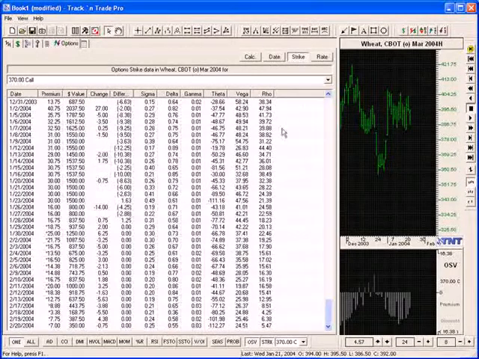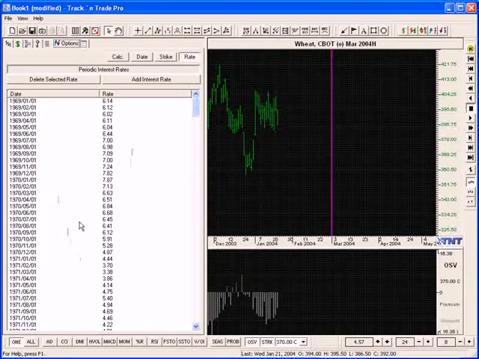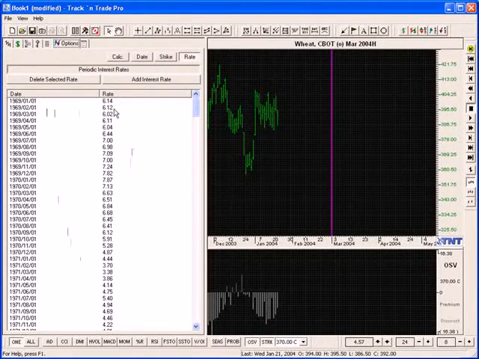The next one I want to show you is the rate. This is where we input for you the periodic interest rates. Now this comes down with the data download service, and every month we'll insert another interest rate. Because to calculate the theoretical value of an option with the Black-Scholes model, this is one of the numbers that we need. We use this number to calculate and help us know what the theoretical value is,